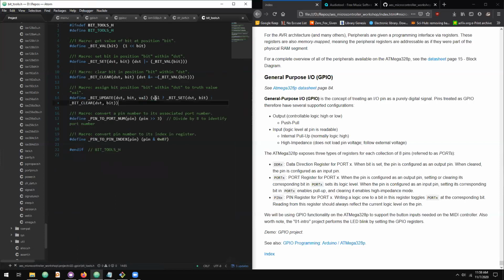In order to do so, we check if the value that we're trying to assign, so this logic level, is true or false, and I'm using the ternary operator to do so. So you guys may recognize that from the C lecture. But what this is evaluating to is if this value is high, then we set the bit. And if the value is low, so the alternate case, we clear the bit or we assign it a value of 0. How we do so is by